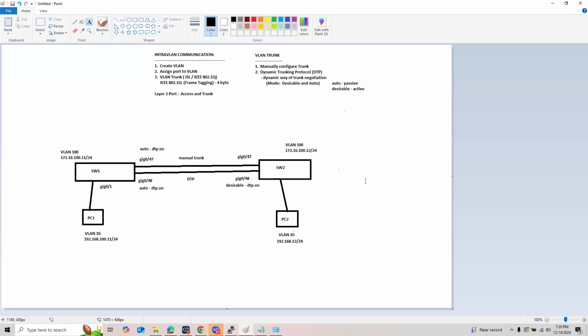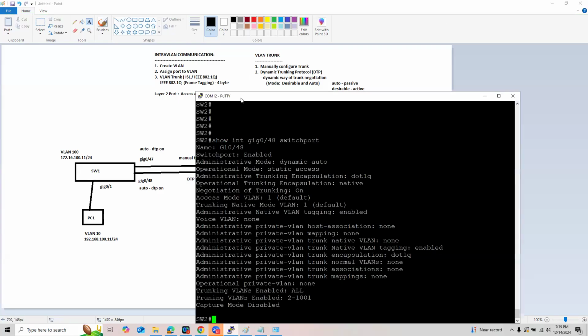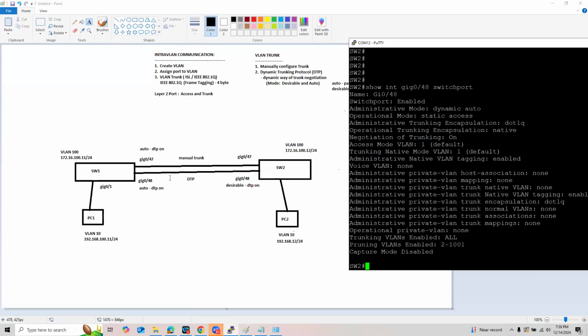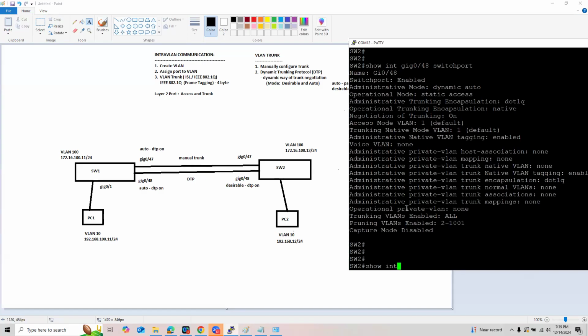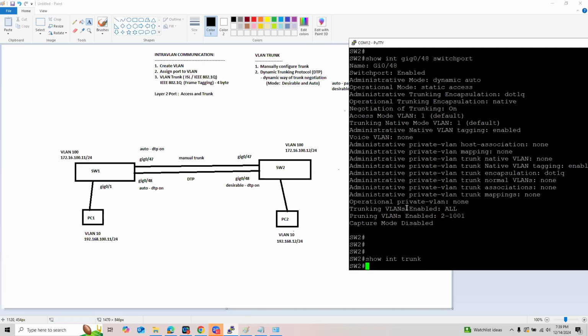So since I'm already in switch 2, it is very simple. If I'm going to make port 48 a trunk, so right now, let's see, show interface trunk. There is no trunk yet. So what I am going to do is simple. I'm going to make the port 48 administrative mode desirable.